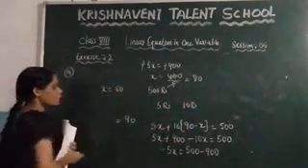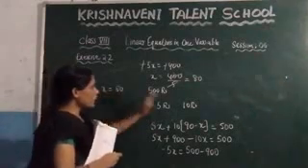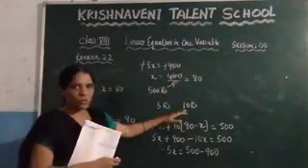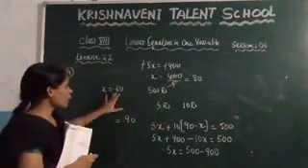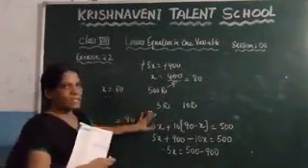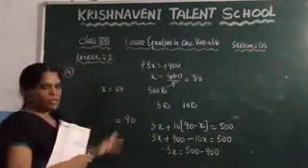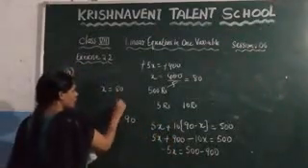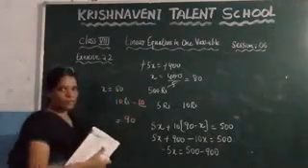What is x? It is nothing but the number of 5 rupee notes, right? And what will be the value of the 10 rupee notes? Because the total is 90, you are getting the 5 rupee notes as 80. Then the 10 rupee notes will be 90 minus 80. So how many will be there? Which is 10.